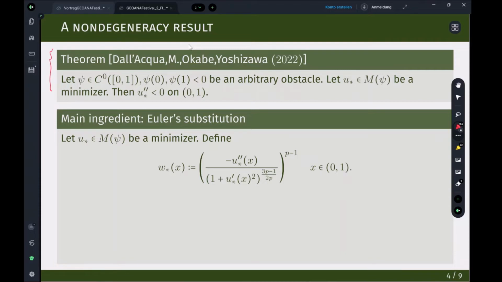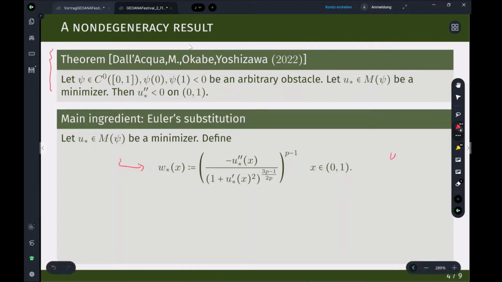And how do we prove this theorem? Basically, we make a substitution. We look at this second order quantity w star, which is negative u star double prime of x to the p minus 1 over some nonlinear denominator, which we have to choose in a careful way. And we will see why we chose it that way later. So this substitution here